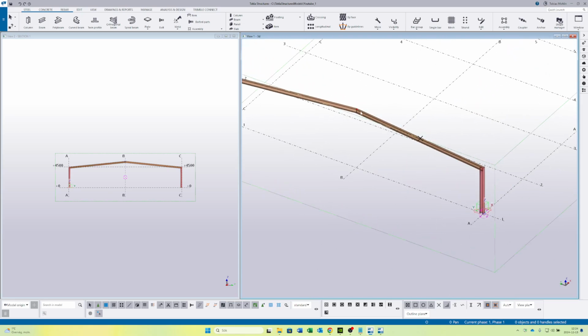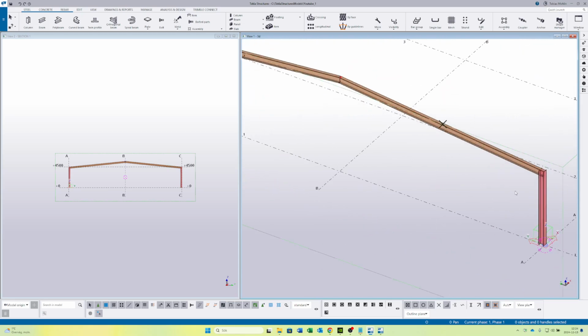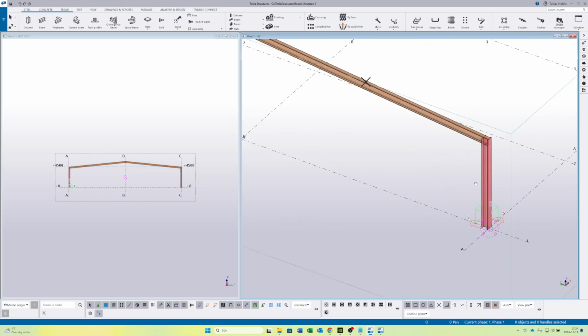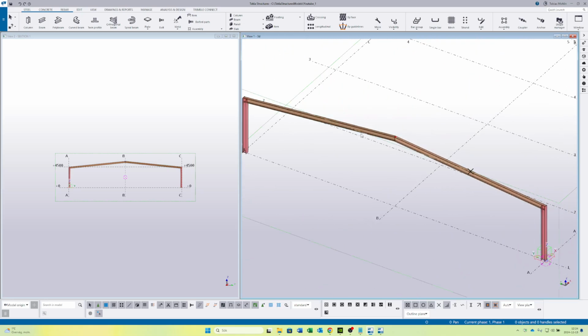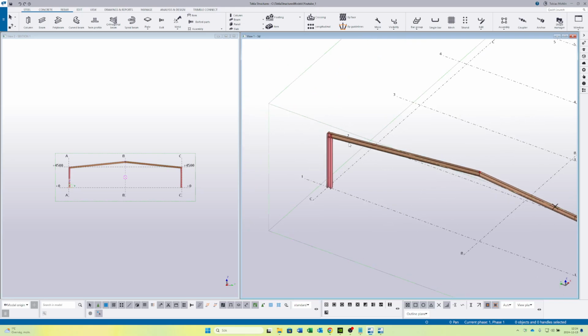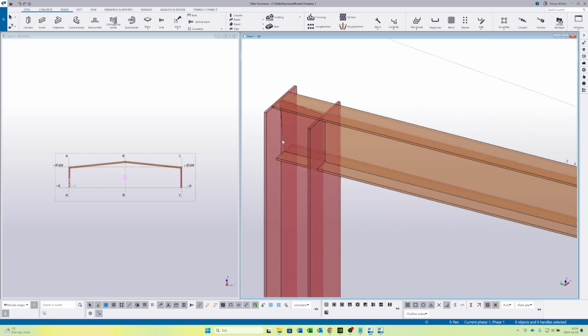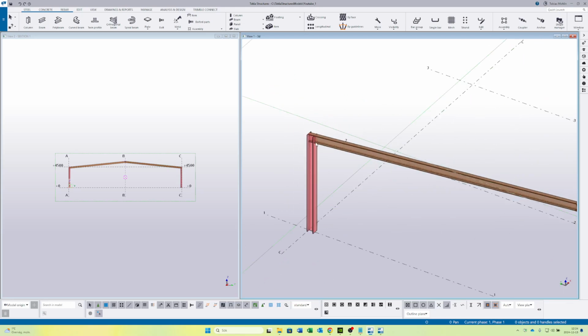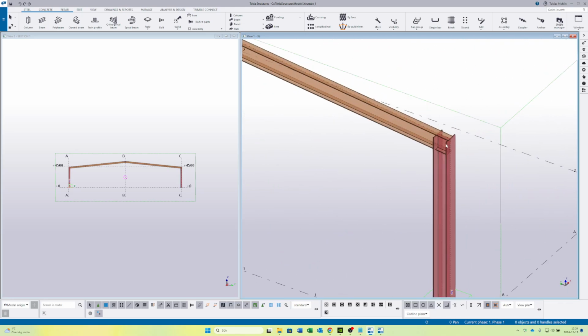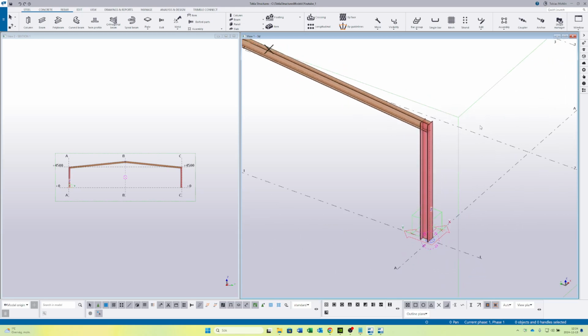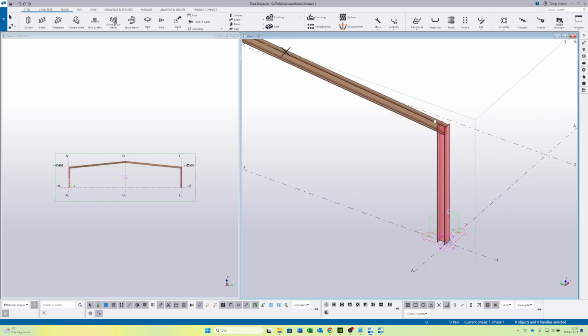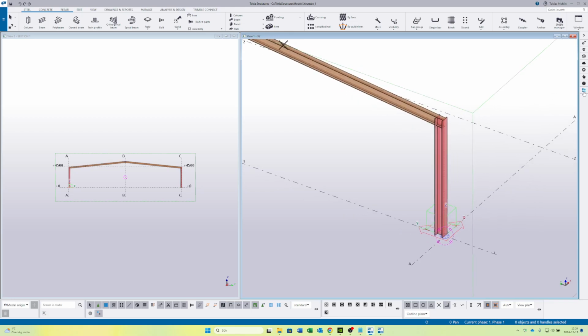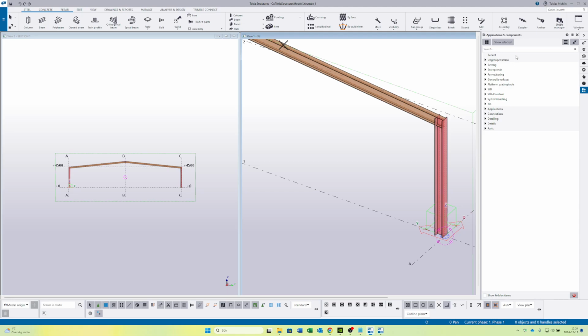So now comes the strength of Tekla, right? Because now I want to create base plates and haunches, and I want to connect these pieces together so that it doesn't look like this, but instead looks like an actual building project that I can then create drawings from. So how do I do that? Well, this is the strength of Tekla. Over here to the right, you have something called the Applications and Components catalog. Now if I press that, as you can see,